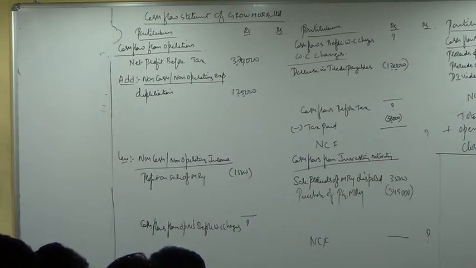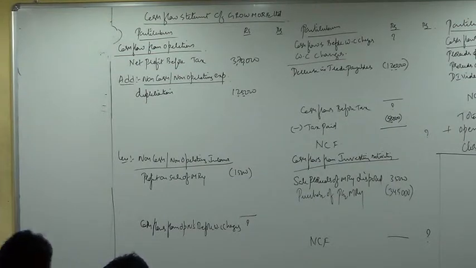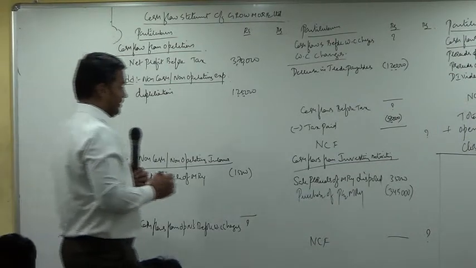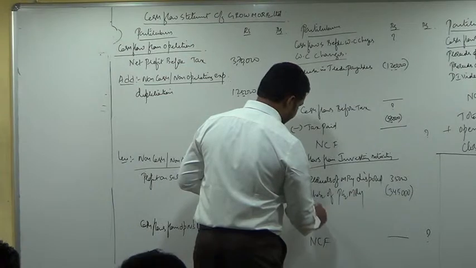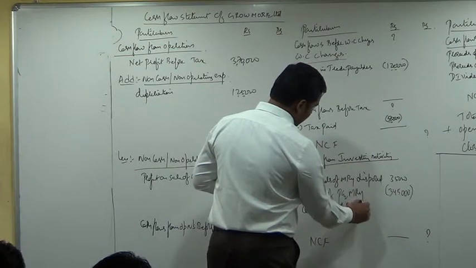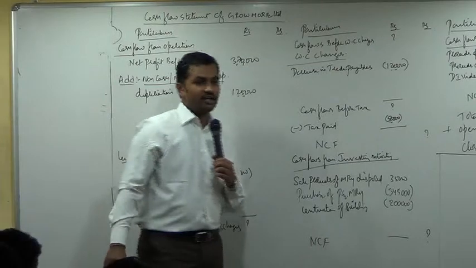Next, land and building. Last year 4 lakh, current year 6 lakh. Adjustment, you read the fourth bit. Building under construction was not subject to any depreciation. That means we have spent 2 lakh out of our pocket to construct the building. Okay, so you say construction of building, how much? 2 lakhs. Outflow, negative.